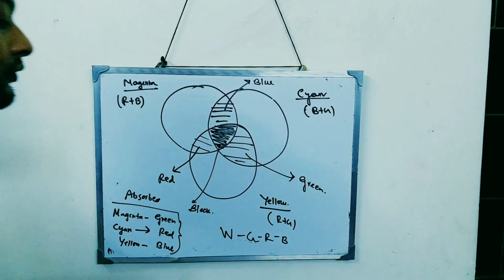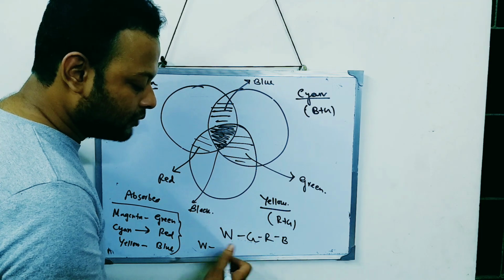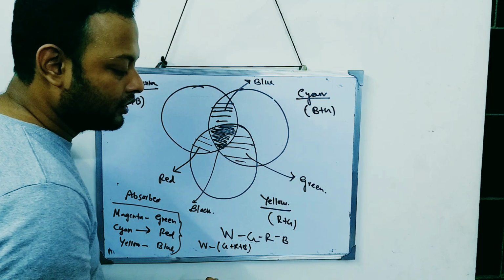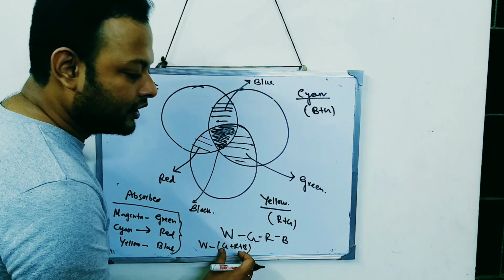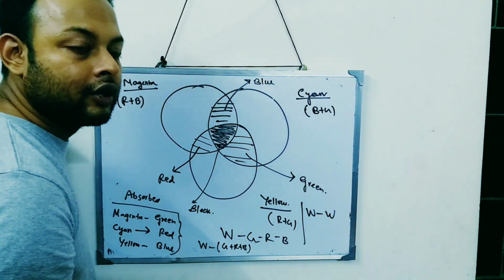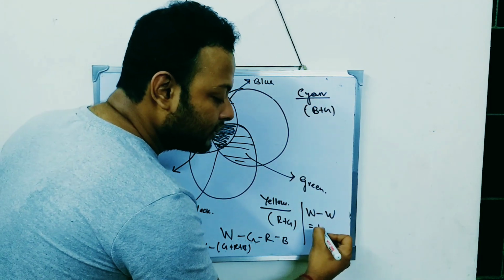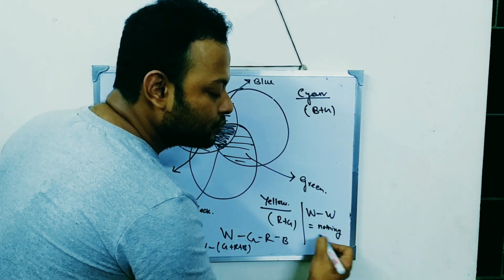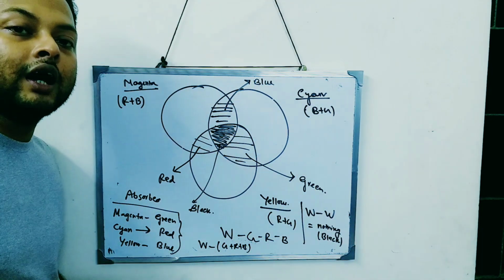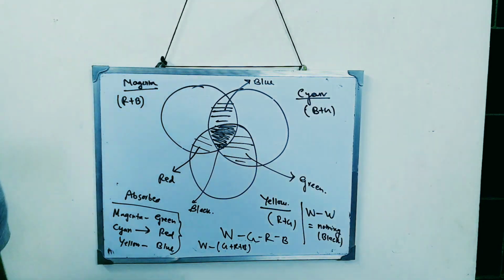So from the white you subtract the green because of magenta, red because of cyan, and blue because of yellow. So as a result, from the white I'm subtracting green, red and blue. So if I subtract green, red and blue, actually I'm subtracting the white color. If white goes, then what happens? Then it has nothing. Then it reflects nothing, and nothing means what? It reflects the black. So this color in the middle will give a black appearance. So I hope you understood this concept.